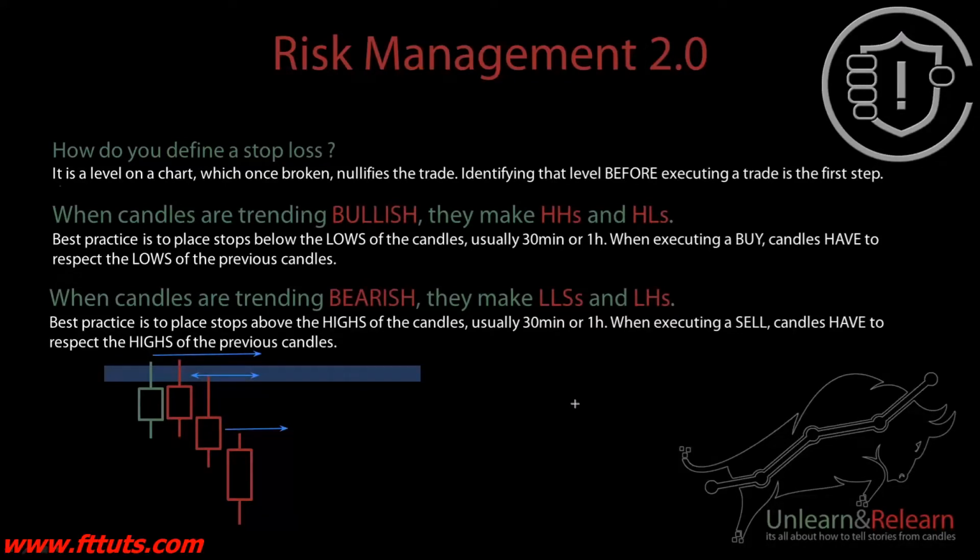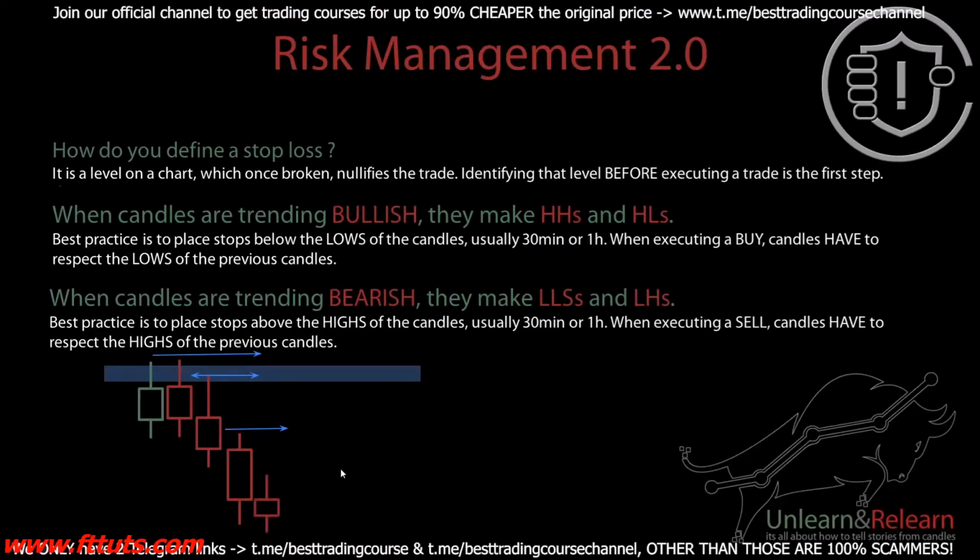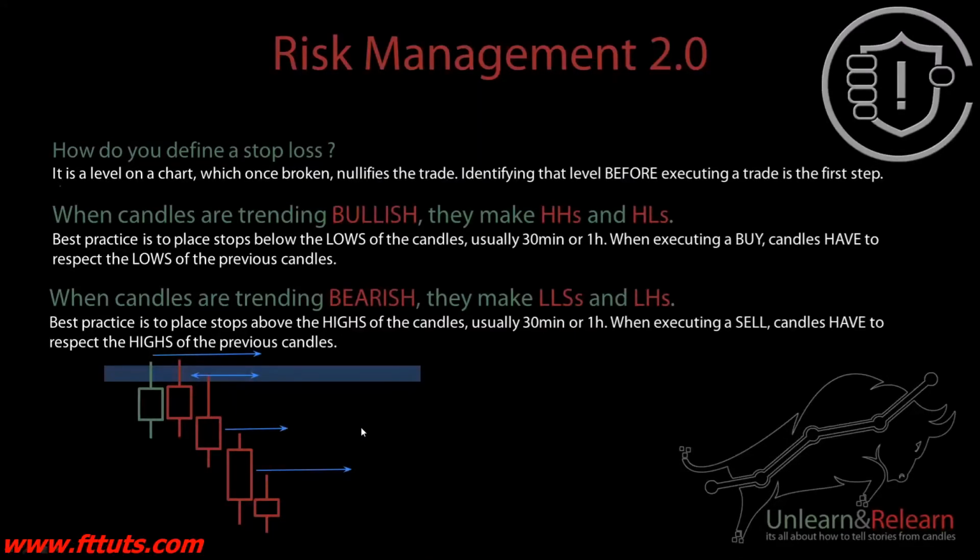So now, since you're trailing your stops, when candles are moving bearish you're seeing candles making lower highs and lower lows, right? For the downtrend to be negated, you want candles to break the highs of the previous candle. So let's say the next candle continues moving bearish, and you're trailing your stop down to the highs of the previous ones, and once you have a candle that breaks the high of the previous candle,